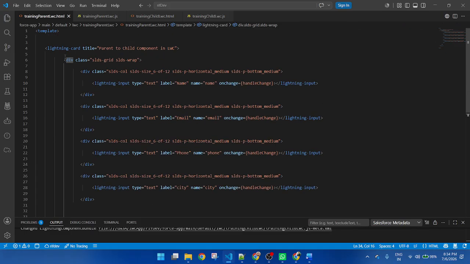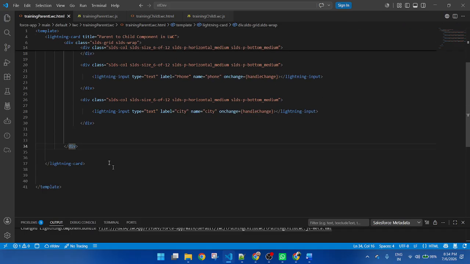After this div, create a button. Class equal to slds-text-align center.